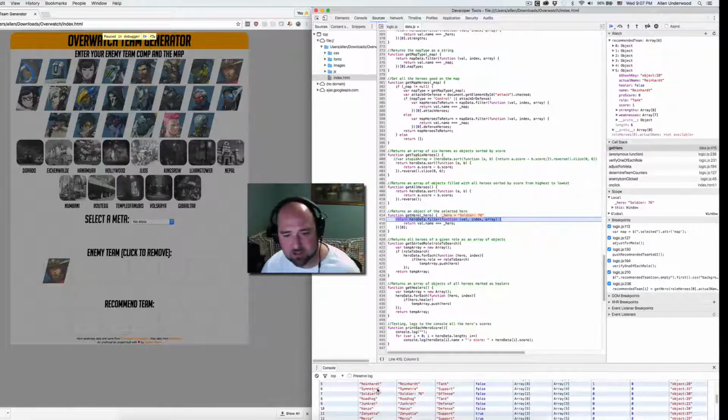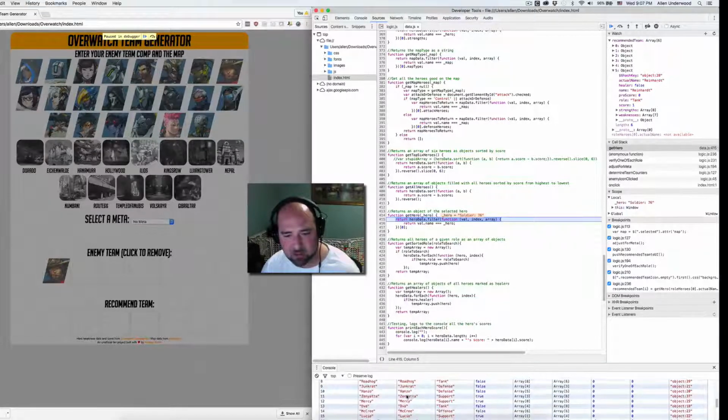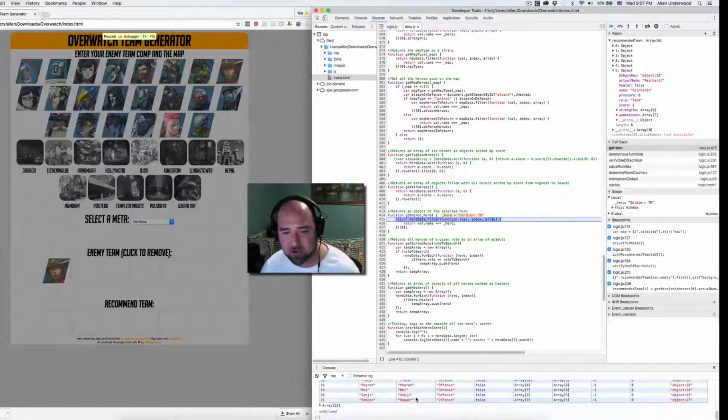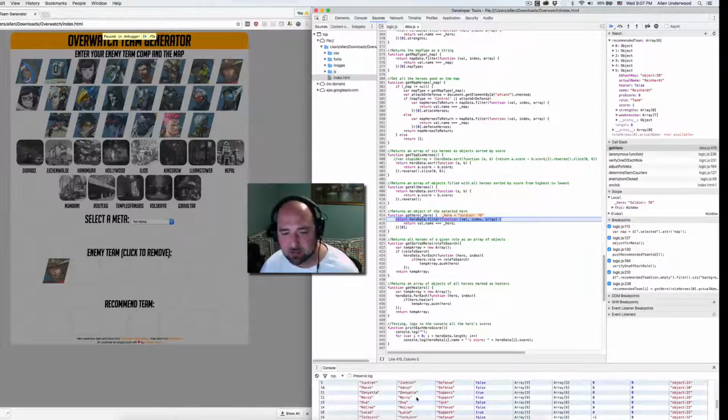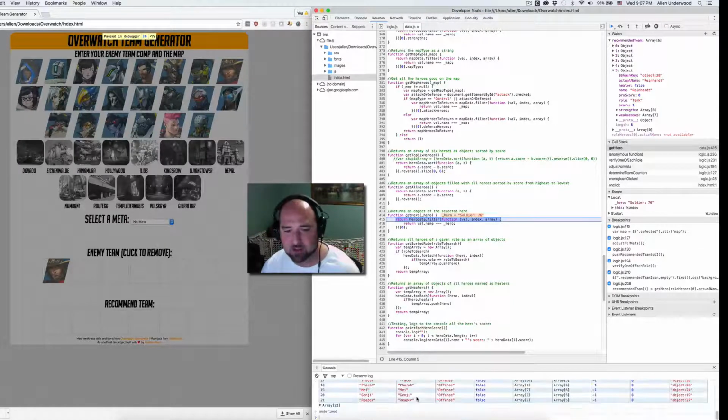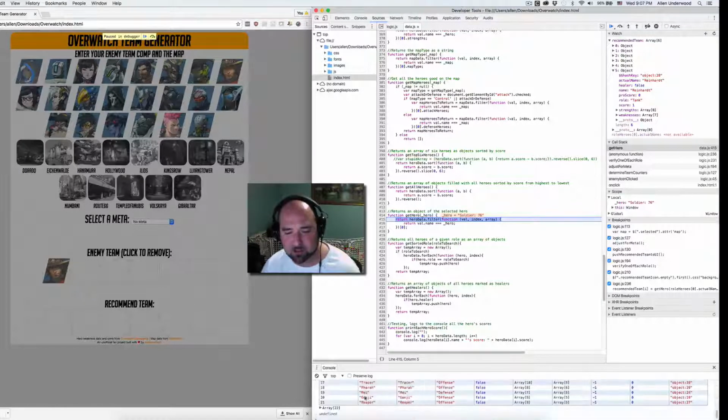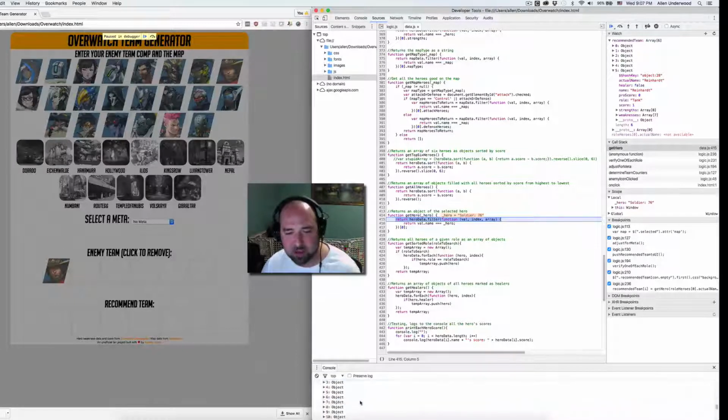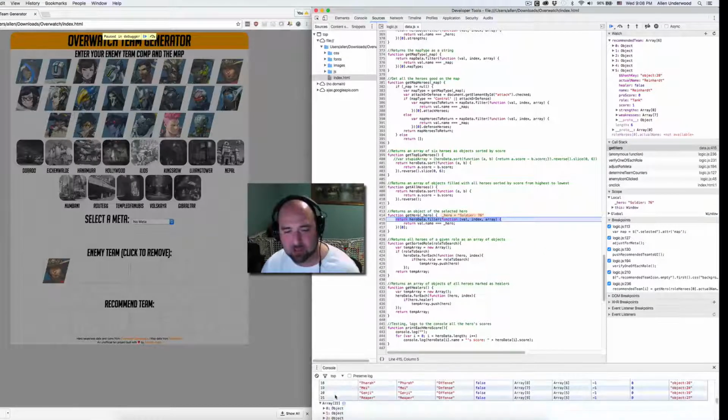One thing that I see here is this name right here, Soldier 76, does not match the actual name of Soldier 76. And that looks to be the only one that is that way. Now, if there was a ton of data, you probably wouldn't look at it and waste the time on it. And if you didn't know about this console.table, most definitely you wouldn't have gone through every one of these and seen that, right? So this is just one way that I kind of noticed it, but it might not have